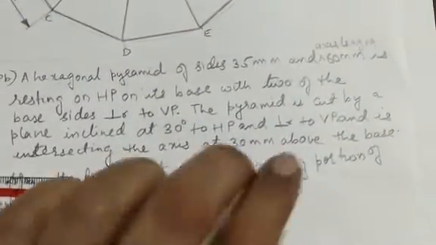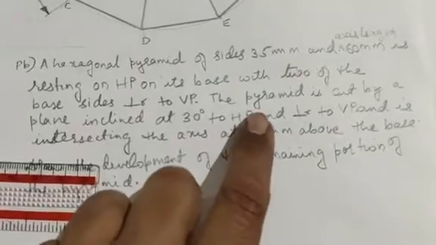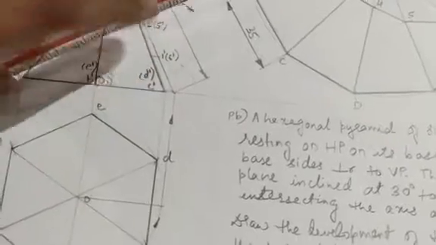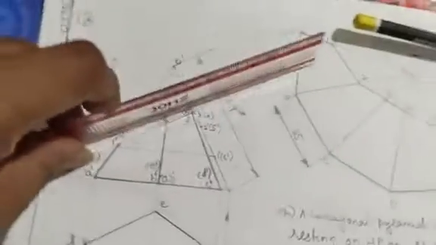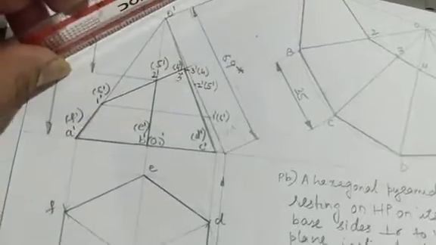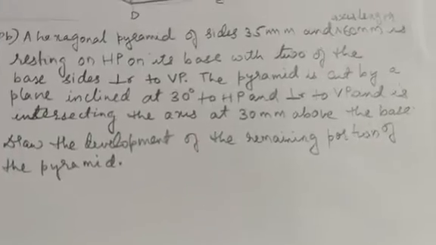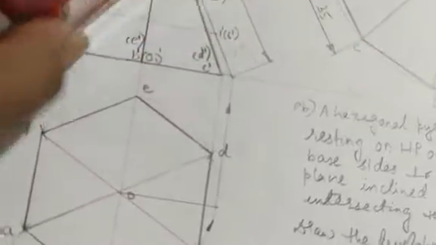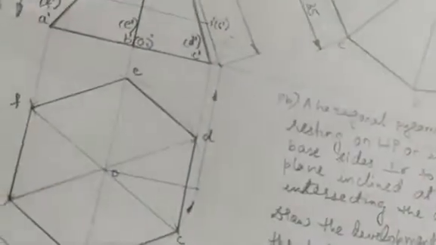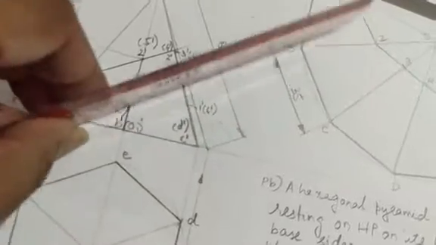The pyramid is cut by a plane inclined at 30 degrees to HP. So I have got a plane here. So somewhere it is cut at 30 degrees. So this cutting angle is 30 degrees. But 30 degrees where? 30 degrees can be here, here, here. And I have to check the exact place here. So let us see. Plane inclined 30 degrees to HP, perpendicular to VP. Yes, this plane is perpendicular to VP here. All these positions are perpendicular, but it is at 30 degrees. Okay.